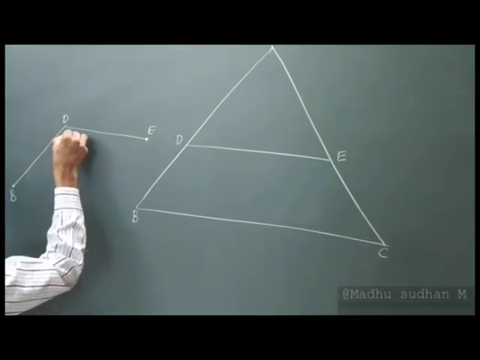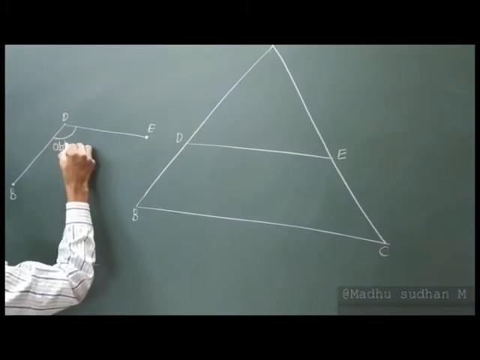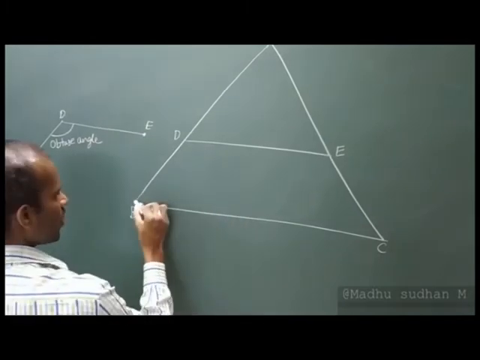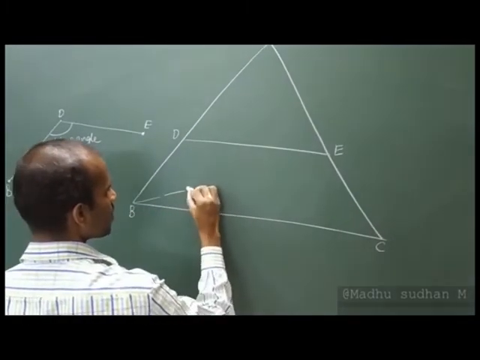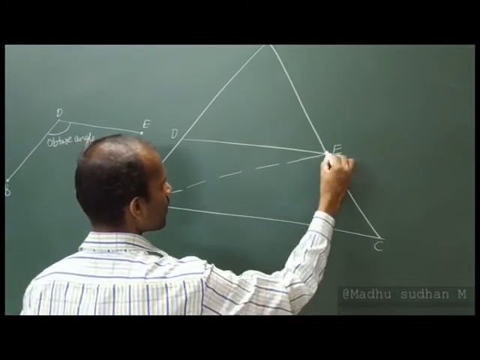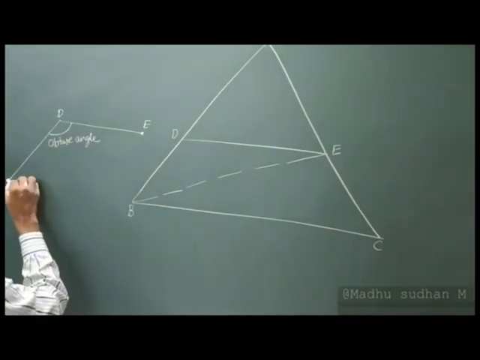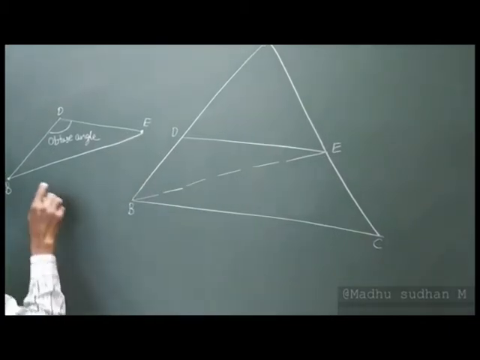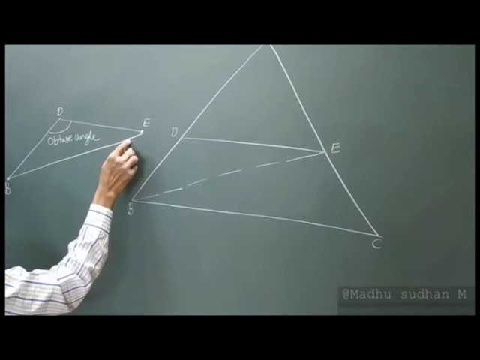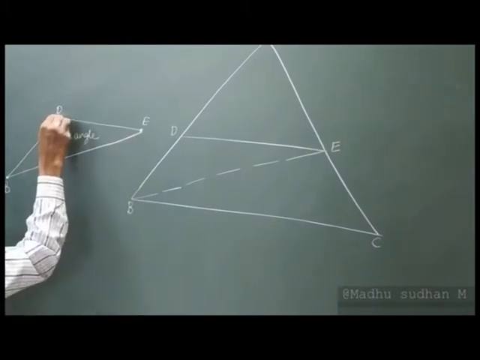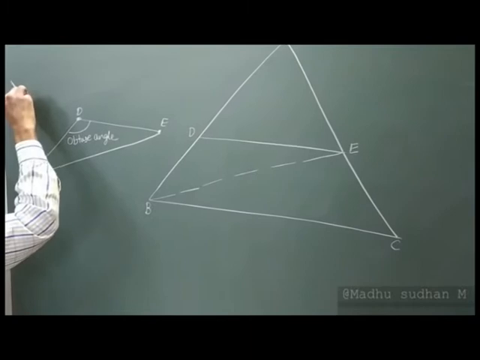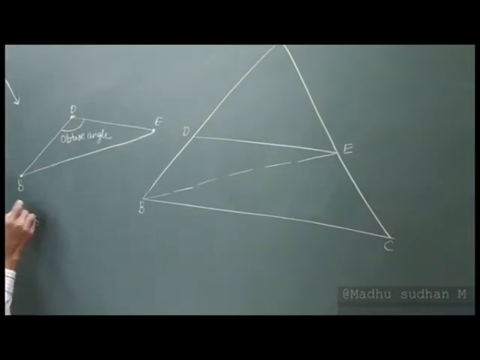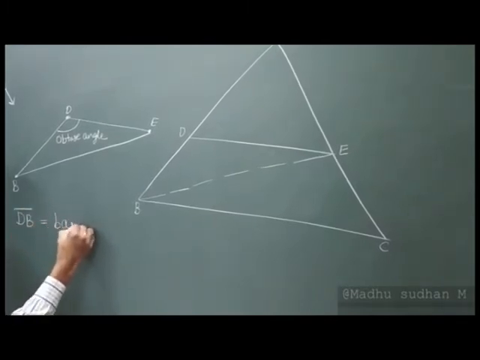And here this is an obtuse angle. Please understand, this is an obtuse angle. So now if I join this, this is the construction we did. If I join this, construction always in the dotted line, if I join this, DE looking at from this side, DB, so DB is equal to base here.